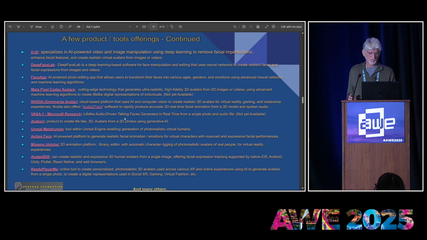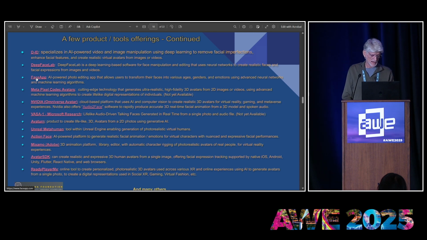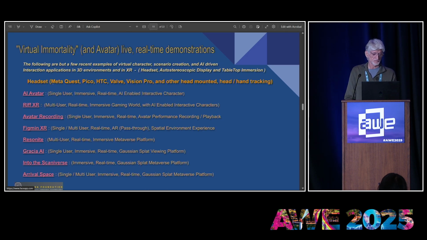And then a few of the main product offerings from last year. A lot of these are still very active links, and if you click on them, it'll bring up a YouTube to examples that I've picked out of these applications or to the websites themselves. And there's probably a number of additional ones that I haven't even added yet that could be in there. These are some of the ones I'm going to be showing today in videos.